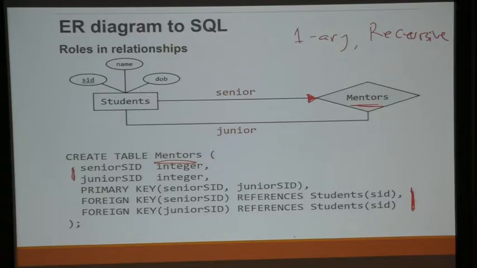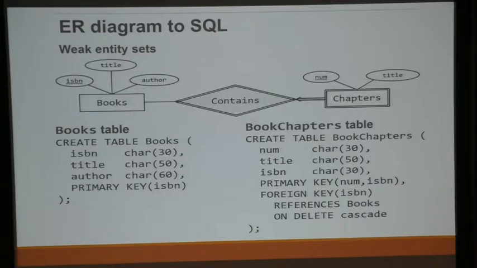So I'm going to skip this demo because it's quite straightforward. The next one that I'm going to show you is the weak entity sets. There is a subtle thing here. Remember when we said that this one, implicitly, is still an entity set, which means that the ISBN will have to uniquely identify the rest of the attributes.